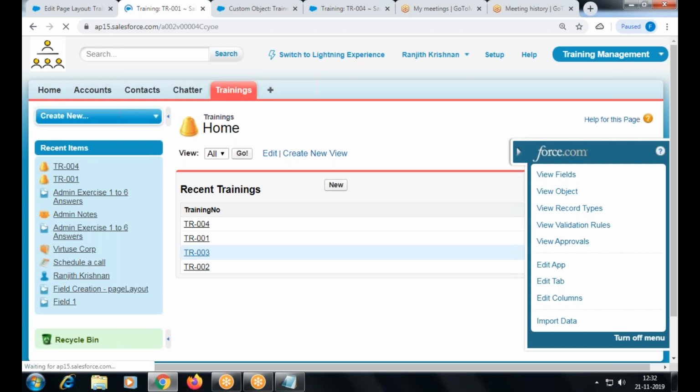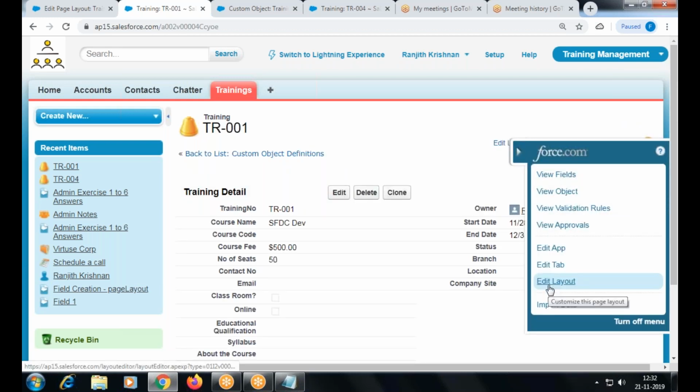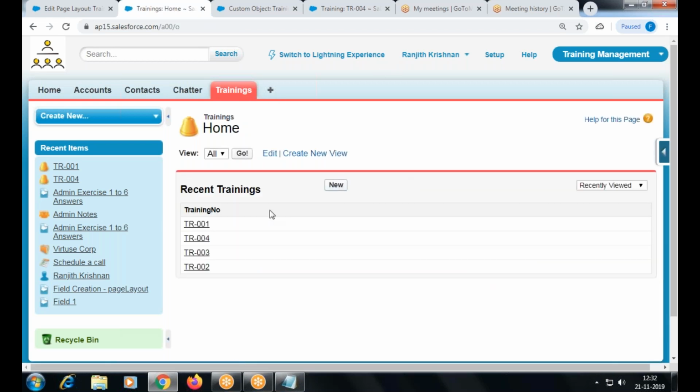Click new. Now we go here. I have edit record page, layout page. Got me? So earlier it was not there because I am not in a particular record. So when you click on a layout, it opens the details for a particular record to modify the layout for the record. Right now I don't find the option.